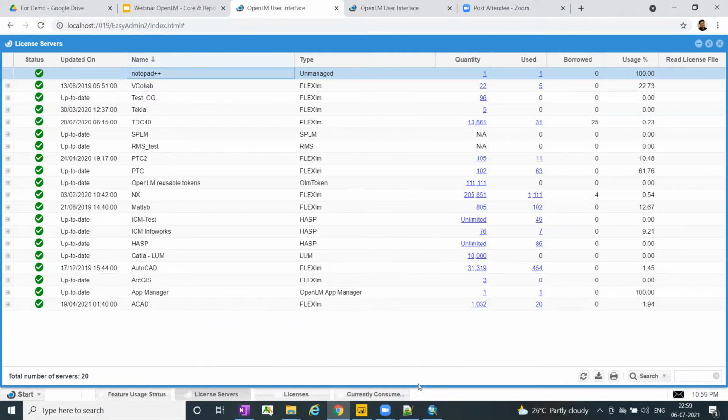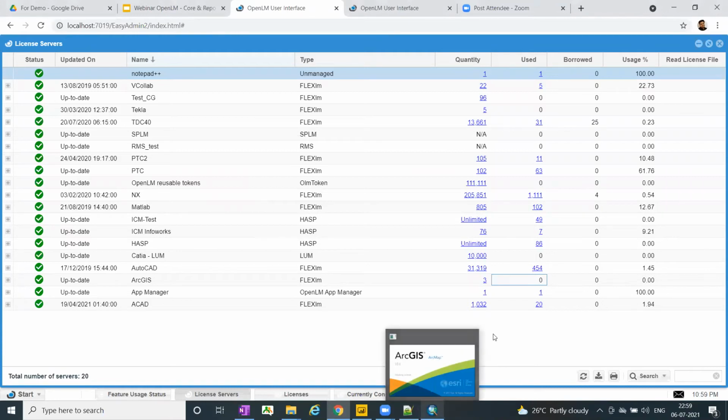For that, I have opened up the ArcGIS application, and here I'm monitoring them. You see here this ArcGIS application. I've got 3 licenses, out of which I just pulled out 1. So it will take a couple of minutes to initiate the session, and then I can show you. Then you will see that the usage will come to 1. And after idling it for some time, you will see that the application gets closed by itself.